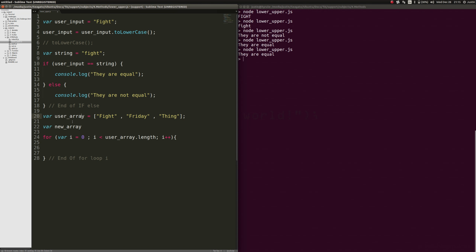And once again, I could have changed the user array. I like to keep that intact just in case I need this somewhere else, and I like just to make a new one. But once again, it's completely your preference if you want to change the first array. So I'm going to do new array i equals, and then user array toLowerCase. Just like that. And if I console logged new array,